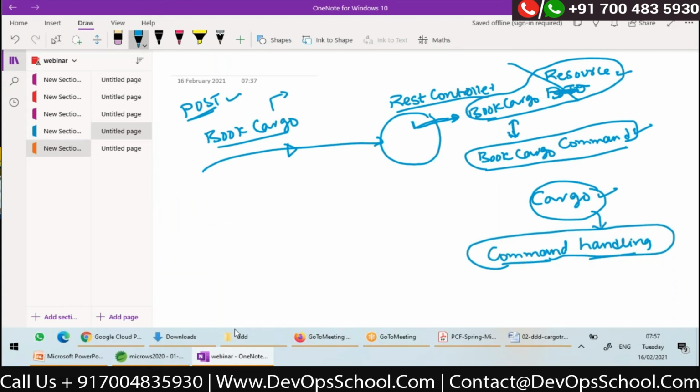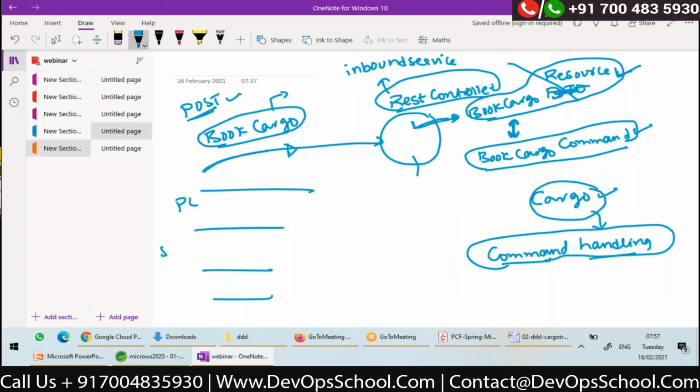So I told that whenever a REST API call is coming, let's say book cargo, this is a request, a REST API call request, which will actually change the state of my aggregate. This is a command, right? So normally what we do, we write REST controllers. This REST controller is nothing but an inbound service. I'll tell you later. The inbound service, whenever it gets some data, it will create a resource object with the data. And it has to convert the resource to a command object. Then it has to invoke a service.